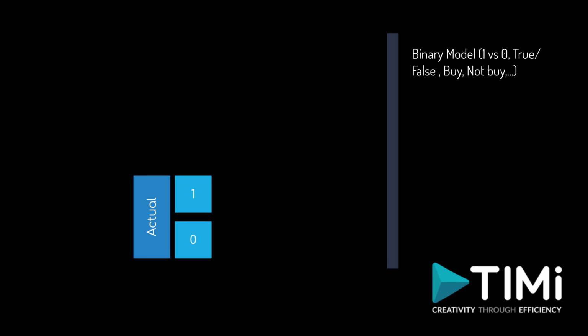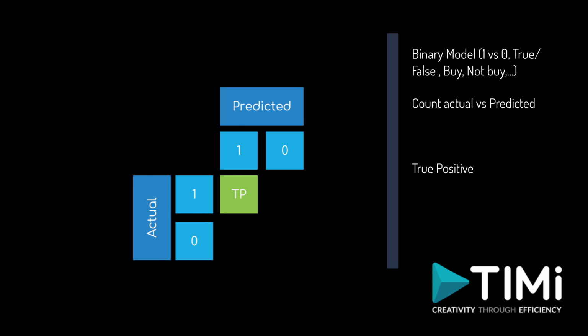Let's consider a model with two classes, ones and zero, a binary model. In our training data set, we know what those classes are. This is what we use to learn. So we can organize a table with a count of these records in a very simple table, where we match the predicted classes. We will then have true positives, 1 predicted as 1, true negative, 0 predicted as 0, a